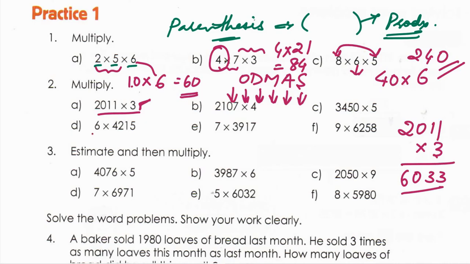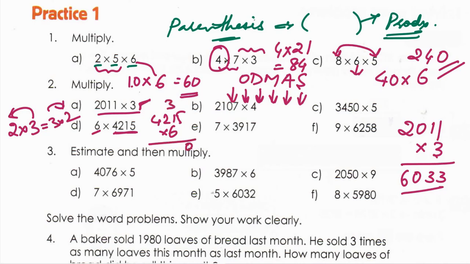Similarly, you have 6 here, a single digit, and you are going to multiply it with 4 digits. No problem. You can interchange this because, as I told you, 2 into 3 is equal to 3 into 2. So you can change the order of numbers. You write down 4215 into 6. 6 5s are 30. 6 1s are 6 plus 3, 9. 6 2s are 12. 6 4s are 24 plus 1 is 25. 25290 is your value for this product. So up to this, I hope you have understood.